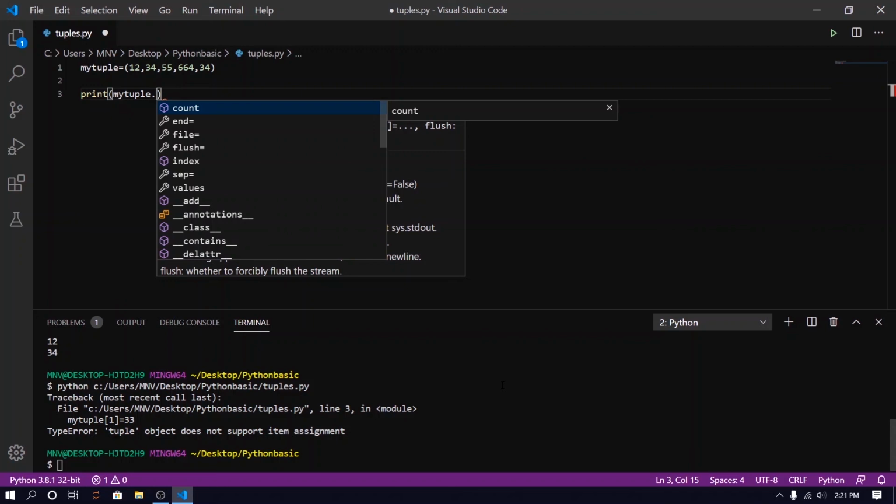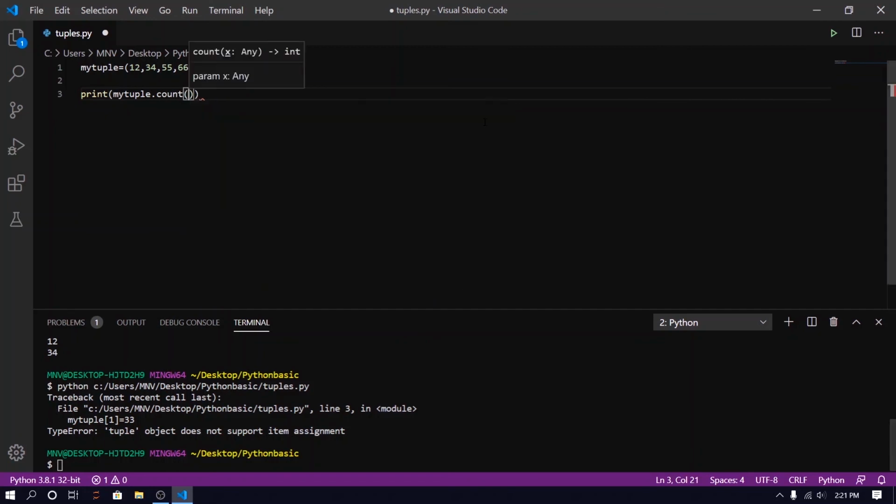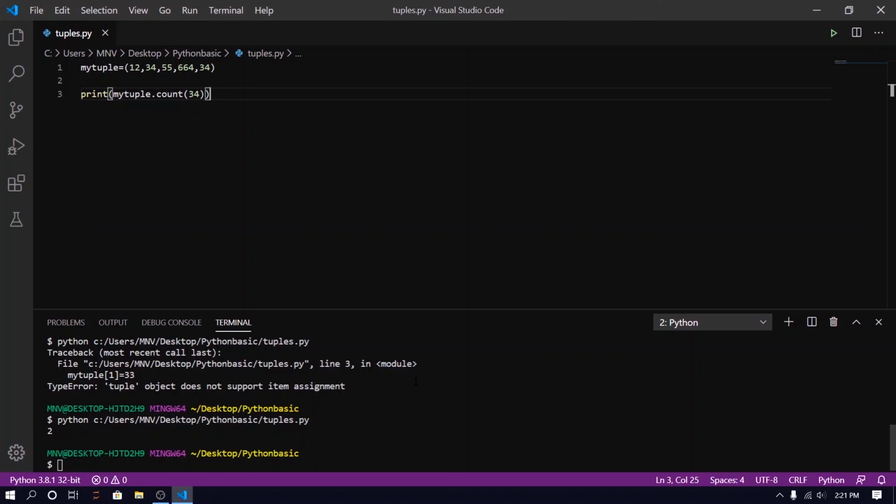That means we cannot add new data. That's why we have only two methods. So what will count do? Count will show how many times our data appears in our tuple. For example, if I print how many times 34 appears, you can see that it says 34 appears 2 times.